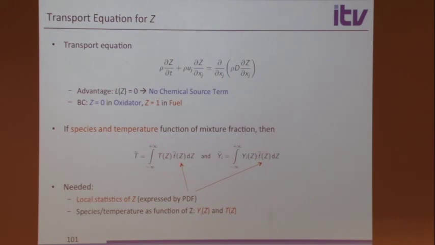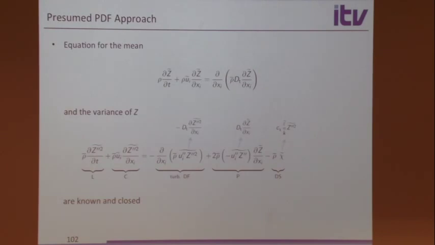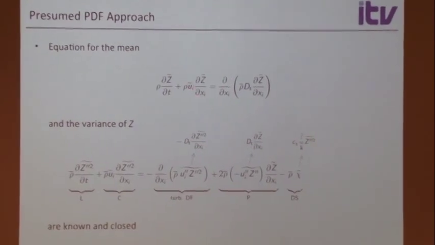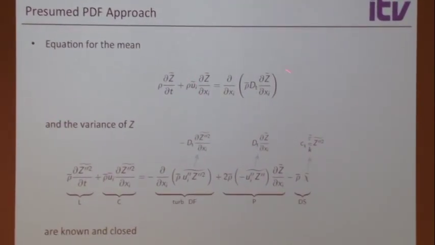First, temperature as a function of some parameters, and then secondly, the joint PDF of these parameters. Okay, that's the idea, and we can try to see how we get this. So let's start out with the PDF only of the mixture fraction. Let's say we derive an equation for the